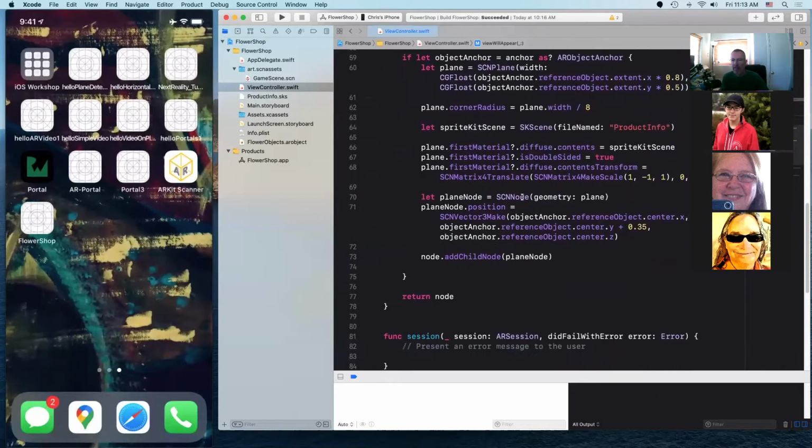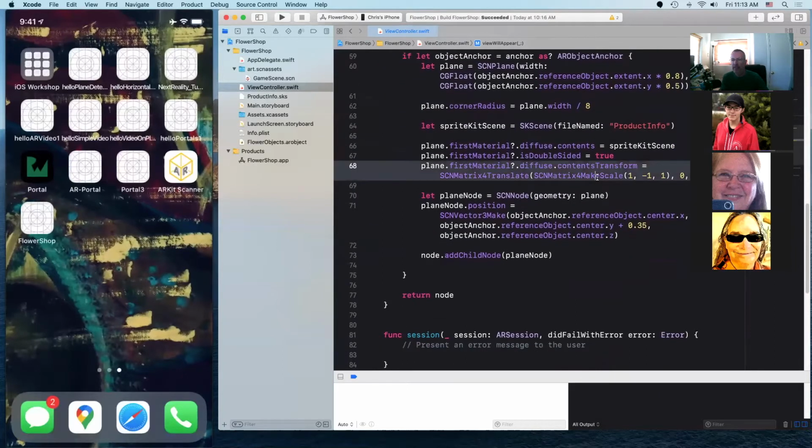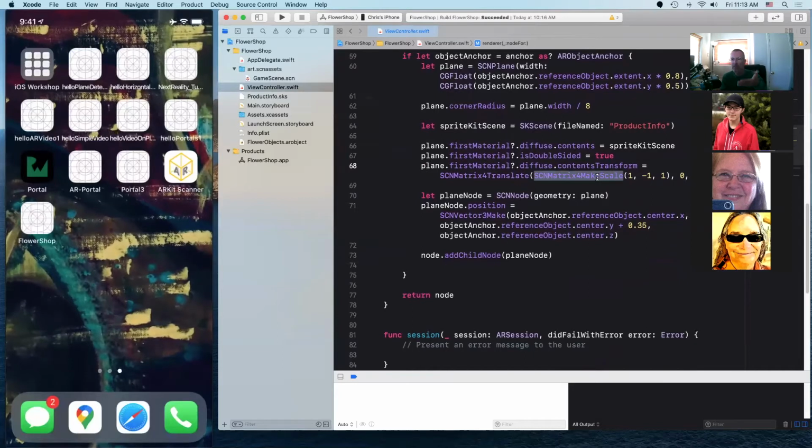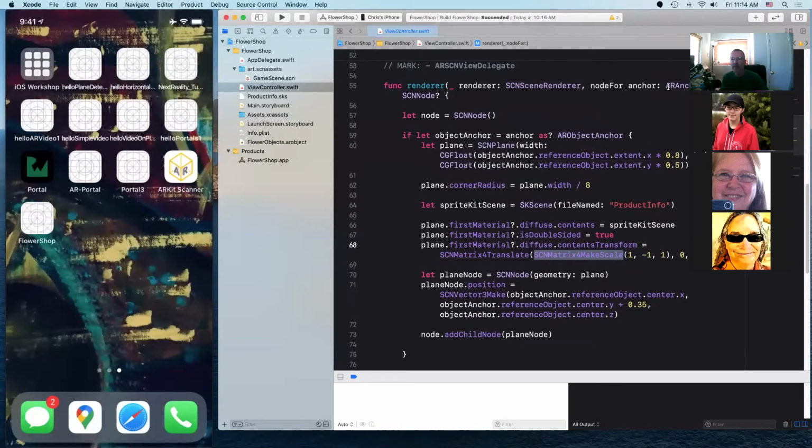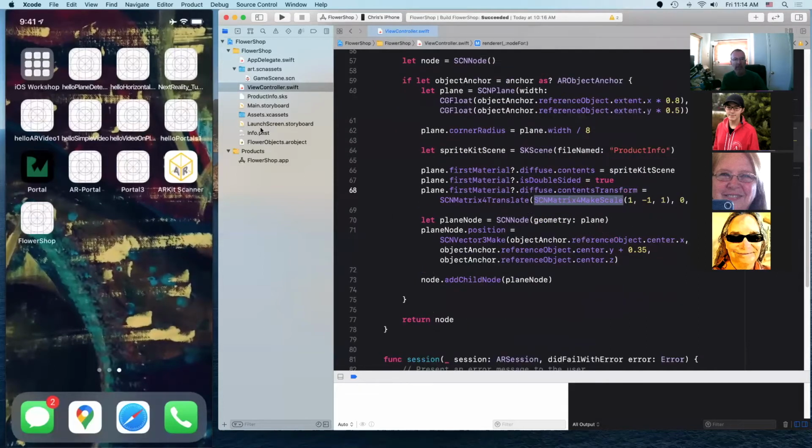And I think this C matrix scale changes the way the plane's oriented. And once we detect it, when we get the anchor of the object, we're going to place this,